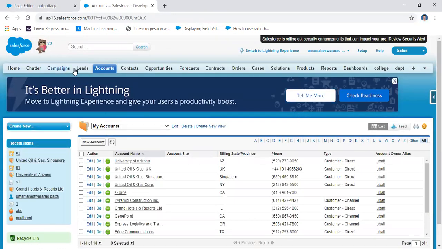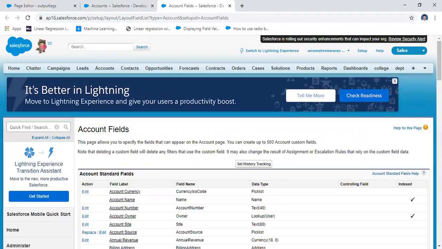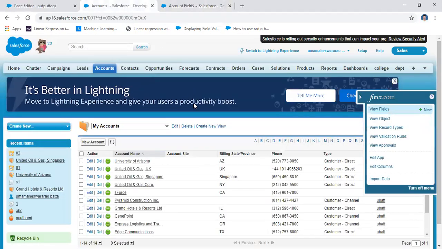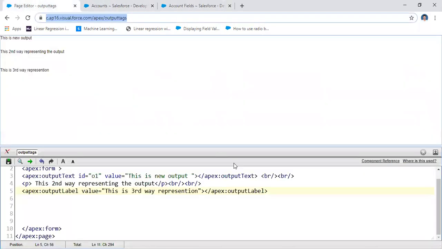Under the account tab there is a label. If you go to the view field information, you will have some detailed information. In this way you differentiate the label and the name. This third way representation is one type of label information. In this way you will represent the output field.